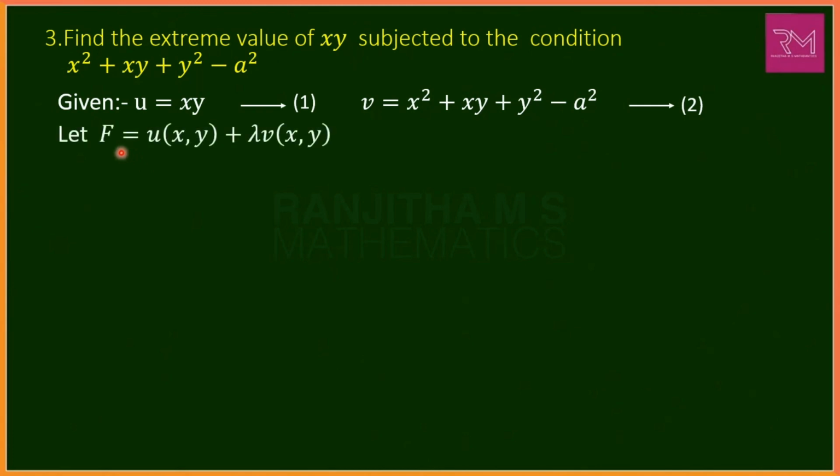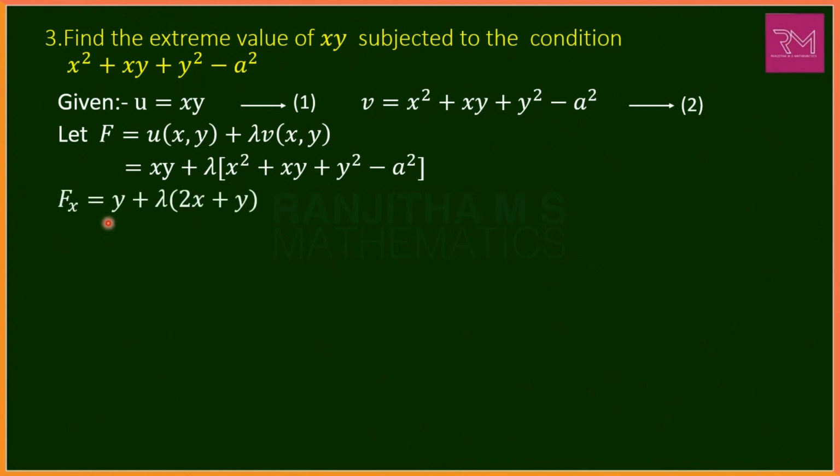First form the auxiliary function with respect to the two variables x, y, that is f is equal to u of x comma y plus lambda into v of x comma y. Substitute u value as xy plus lambda into v value as x square plus xy plus y square minus a square. After finding f value, then form fx, fy, that is fx is